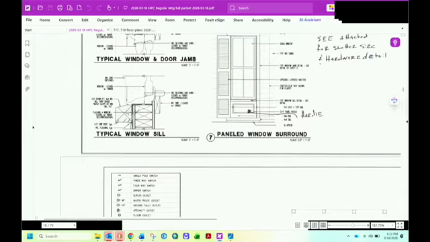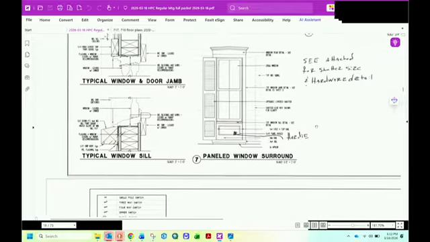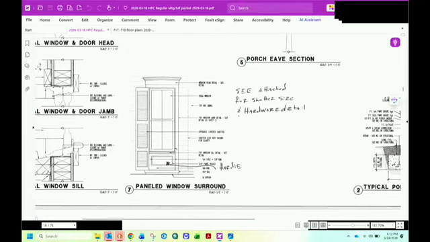The typical window sill is a block of wood that's been cut to slope with a slot across the bottom for drainage. And then over here for the front windows, there's the paneled window surround.